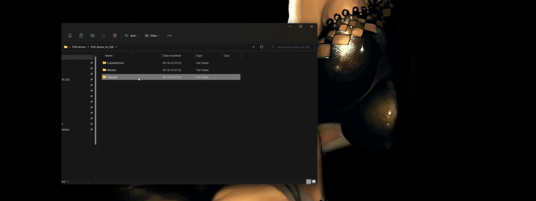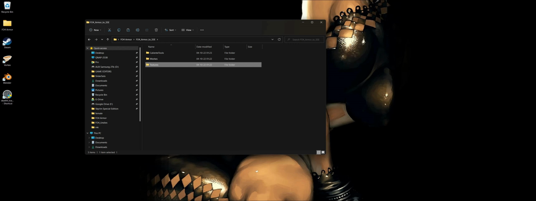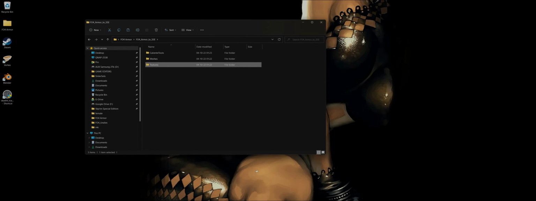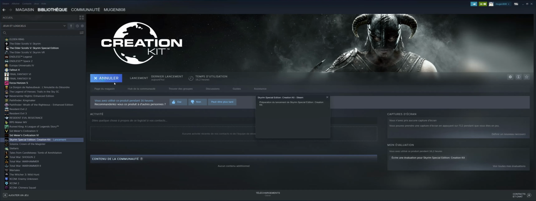And now we have our mod folder with everything we need: the Caliente Tools folder, the Meshes folder, the Textures folder. We only miss one thing, and the only thing we miss for our mod to be complete is our ESP. So to do that, open Steam and open the Creation Kit.